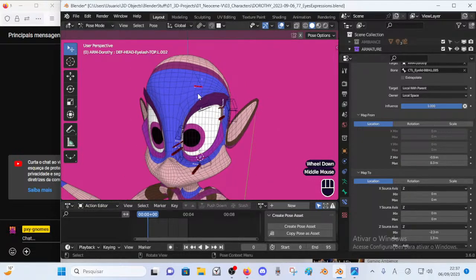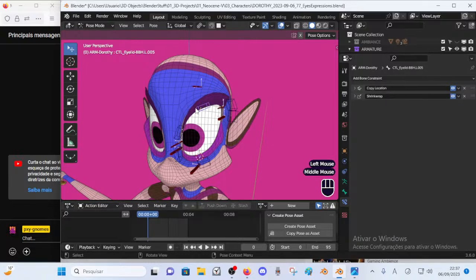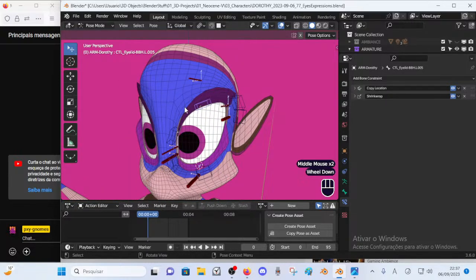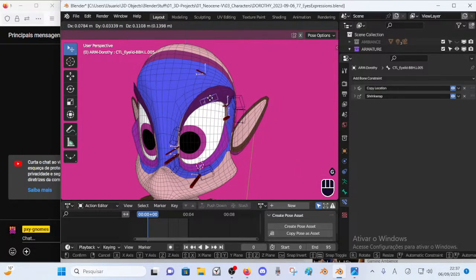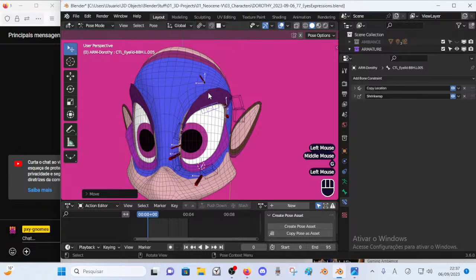So just the local with parent space for the target. So it will be the main bone which disappeared. Its gizmo, its local space. Even though it is this bone, it's as if it was mapping the positioning of the other bone, even if it is not moving at all.